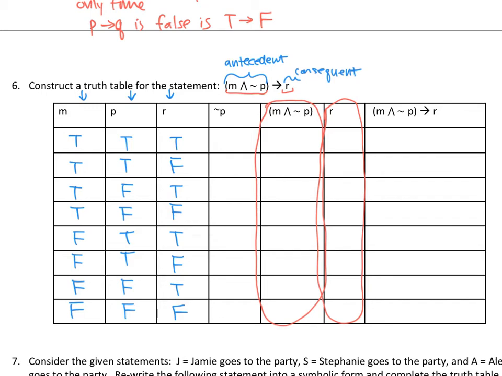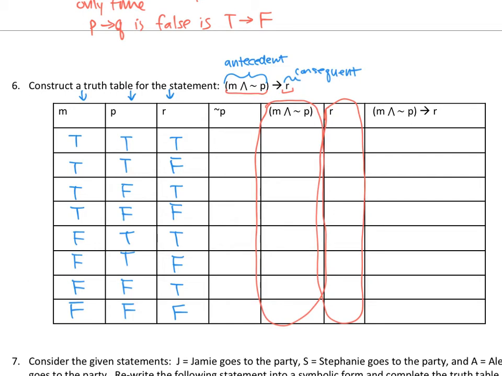I have to build up to M and not P. So we have M already. I need not P. So let's look at P. I made an extra column of not P. If you can do it in your head, you can do it, but I just don't want to write everything out here. That's why I made an extra column for not P, the negation of P. So basically, P is TTFF, TTFF.